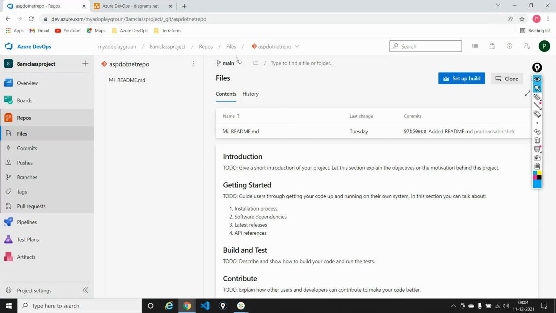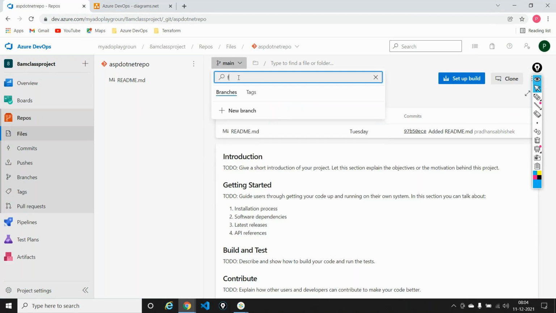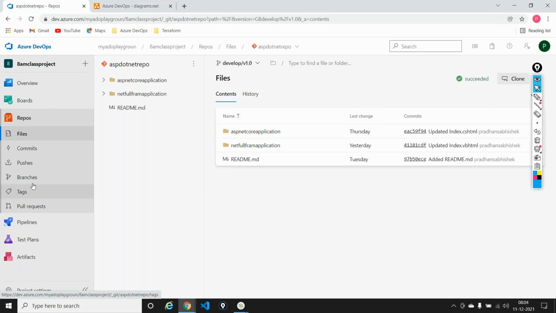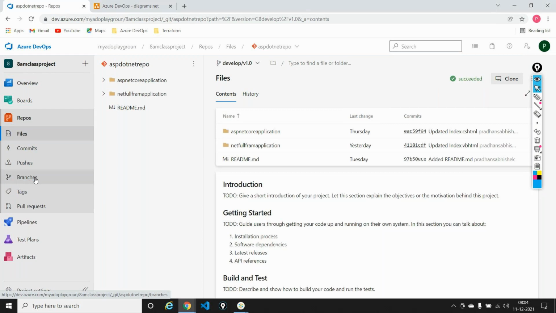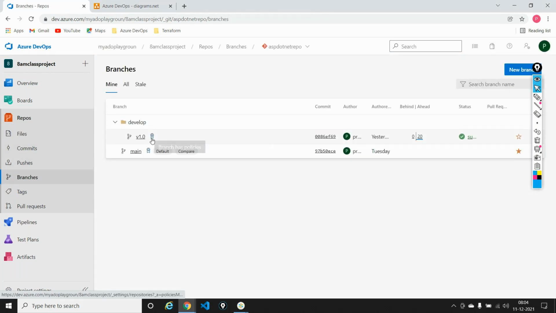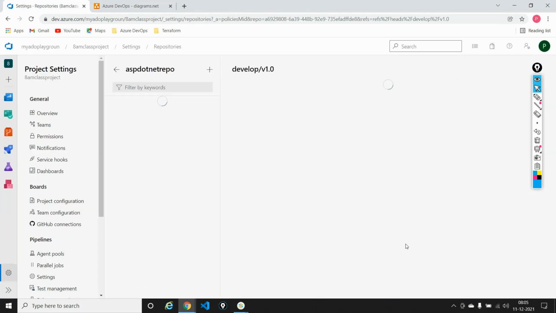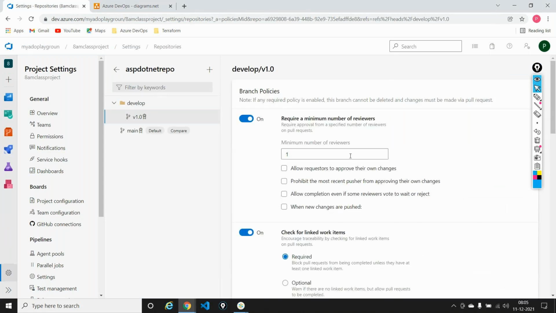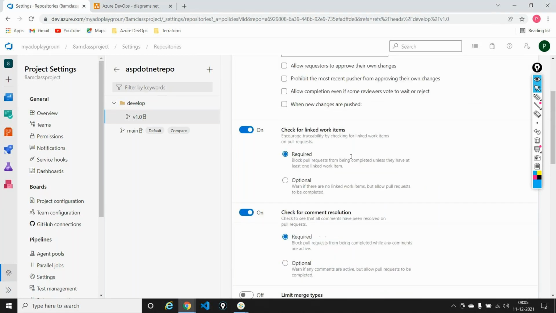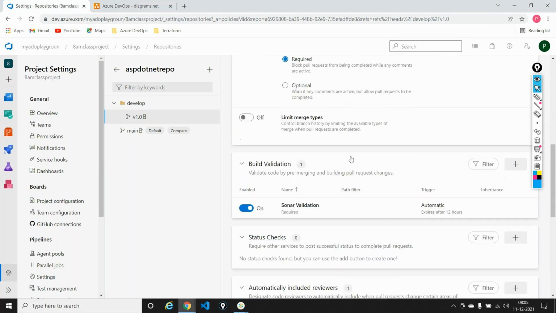So let's go into the develop branch. We have integrated the Sonar into the repository. If you go into the branches and go into the policies of this branch, we see that there are a lot of policies that are implemented. So at least one reviewer, and we said who's the reviewer here? We said it's a technical lead whose name starts with rback contributor at gmail.com. And we said check for linked work items. We said check for comment resolutions, and then we went ahead and added a Sonar validation out here,